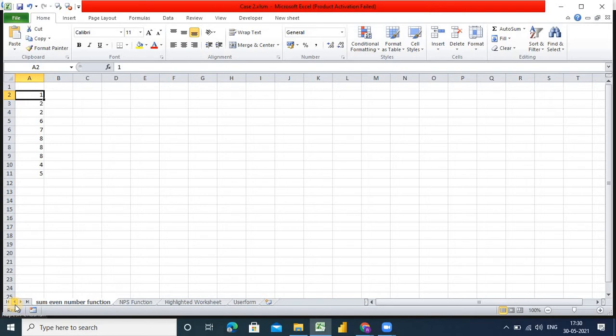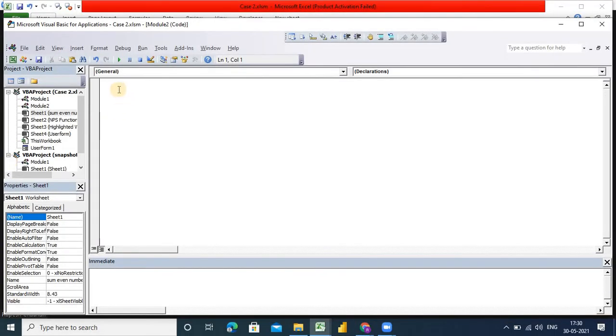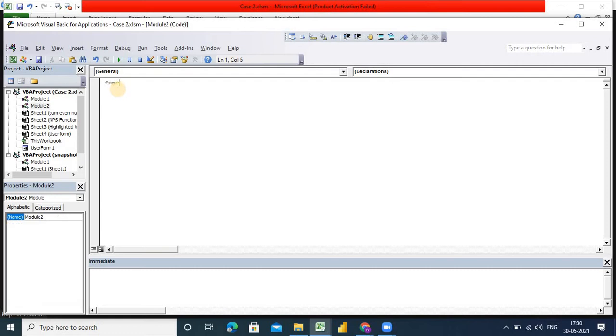So first thing is to press Alt F11. Now whenever you want to create a function in VBA, first write Function, and after that the function name. You can give any name, it is like a variable, but remember don't give any space.